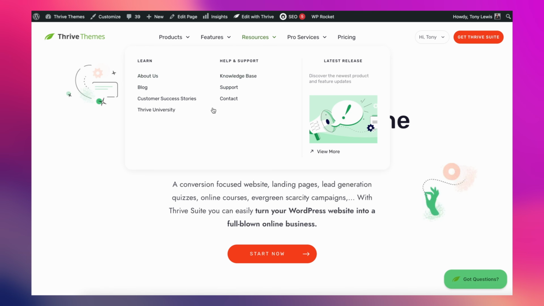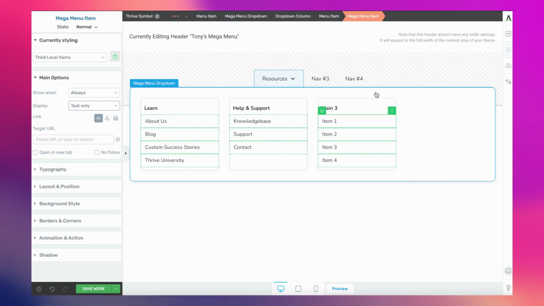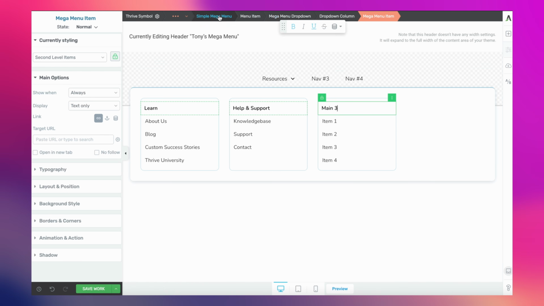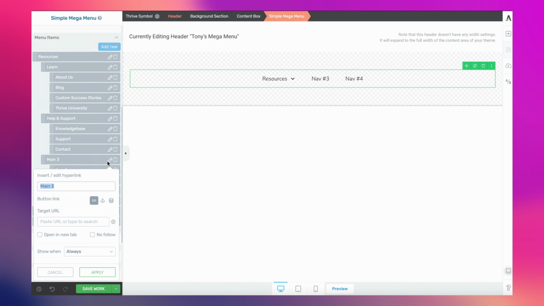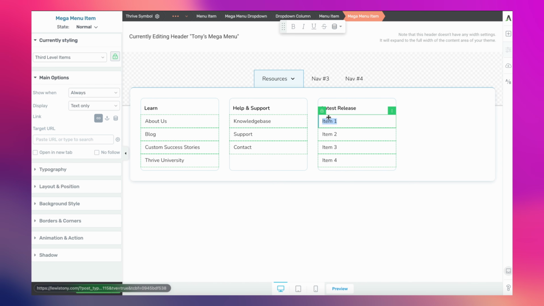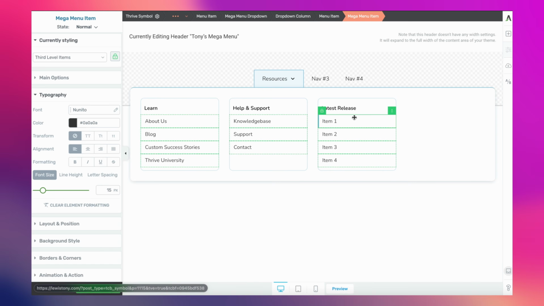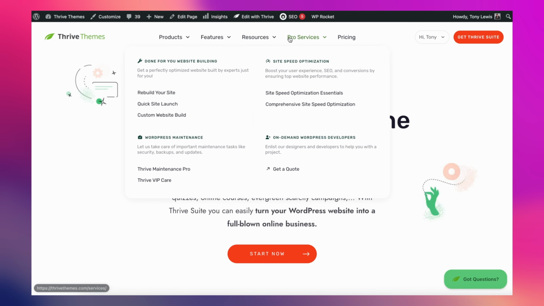Text, no icons, excellent. So now we can jump over into this third column and tell Thrive Architect, hey, this first main three, we are actually going to call this, what does Thrive call it? It calls it latest release. Latest release. Okay, so this one, it's just simply going to be a string of text. Okay, and now watch this, because for item number 1, this is where it gets a little tricky, because here is where we start